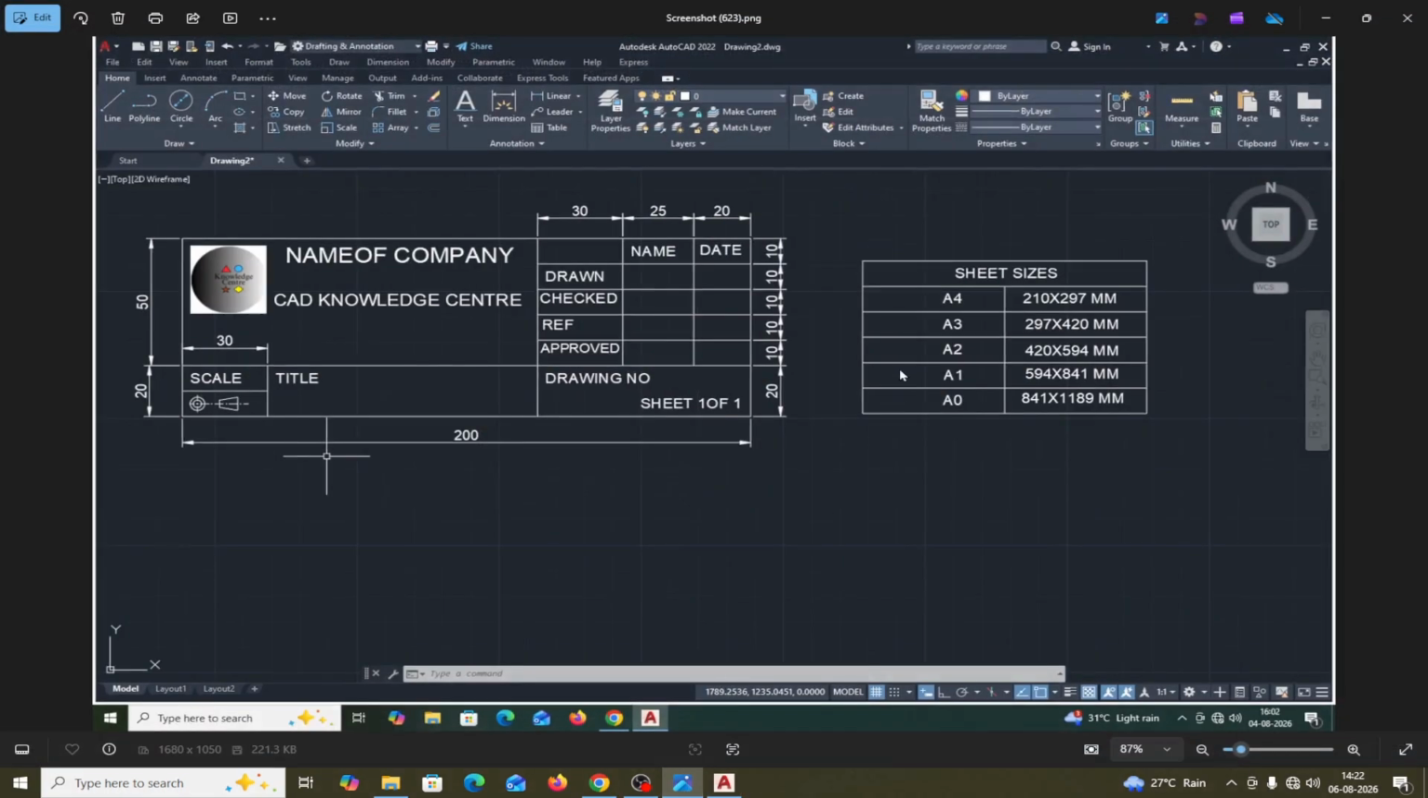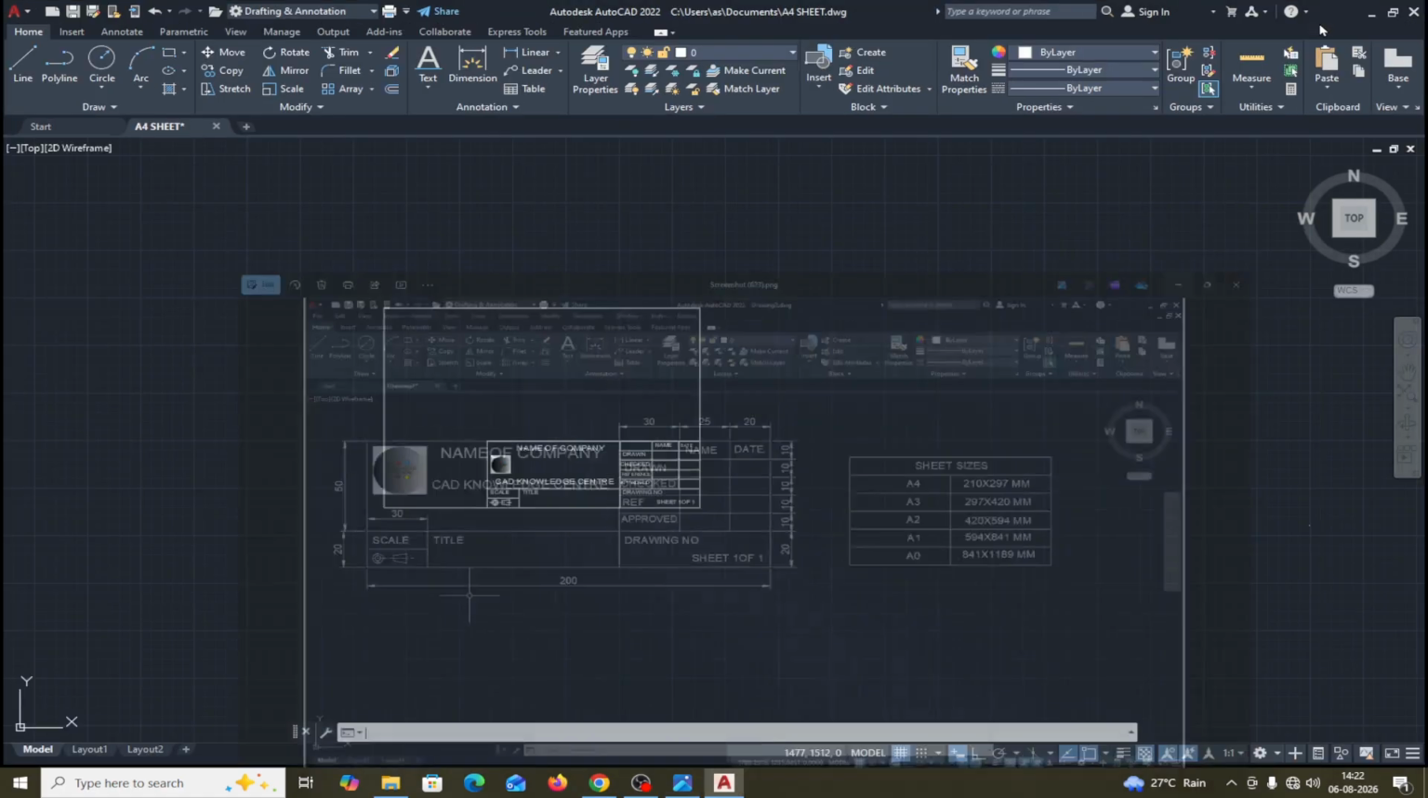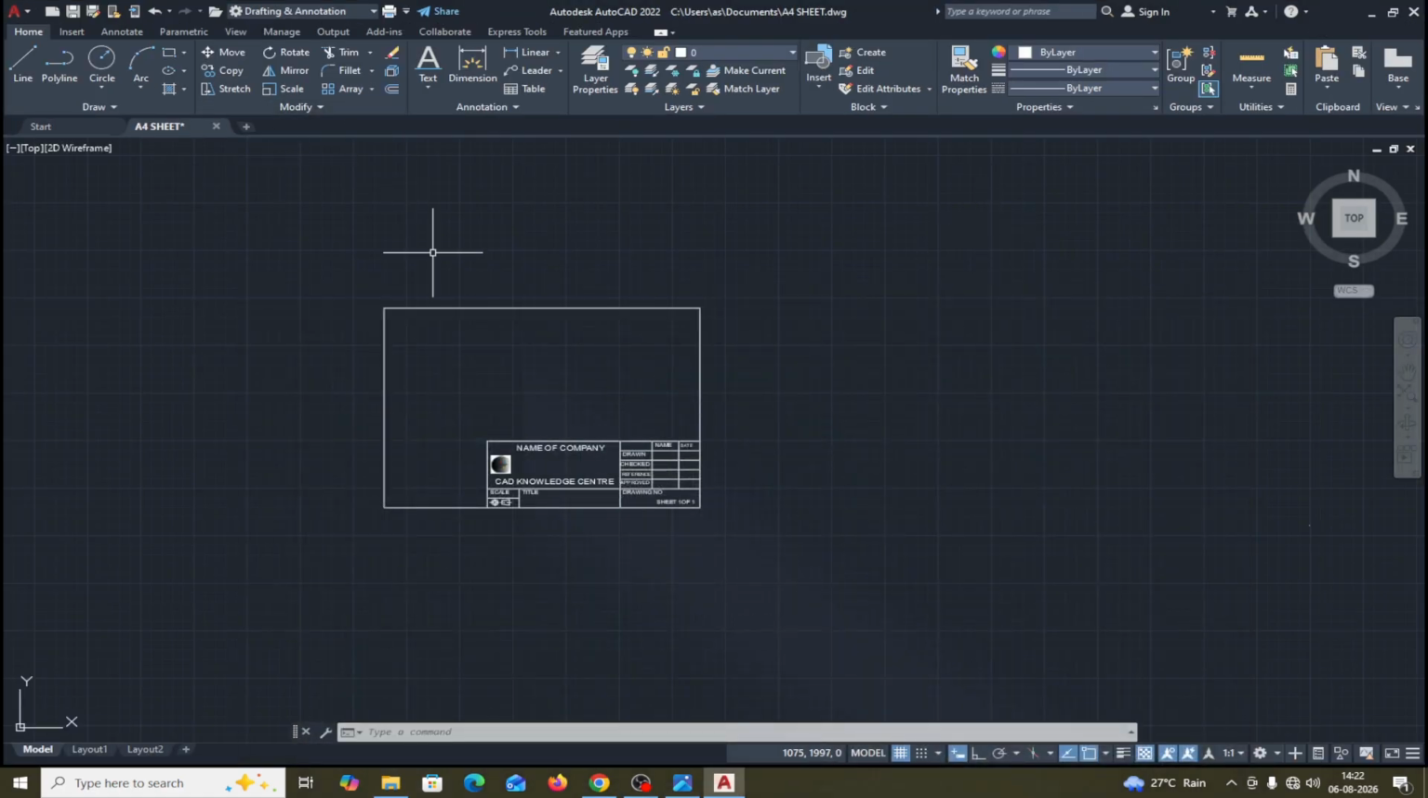You will see I will make this size 297 into 420. These are the portrait orientation. I will make the landscape. So in the landscape, 420 will be the width and height will be 297. I will make this one. How will I make it? Now